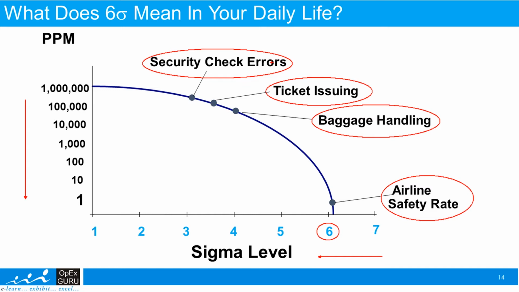This is just an illustration that within the same industry, for different processes, sigma levels can be different. What is the learning here is that sigma level is always referred to a particular process and a particular metric that we are talking about. It is wrong to say that a company is a 6 sigma. So if you have observed here, if you compare 3 sigma level versus 6 sigma level, then the standard deviation in 6 sigma is much less than 3 sigma level. This way we reduce the probability of rejection or defects in any given process, product or services. That is the philosophy of 6 sigma. I hope now you are understanding clearly what we mean by 6 sigma level.